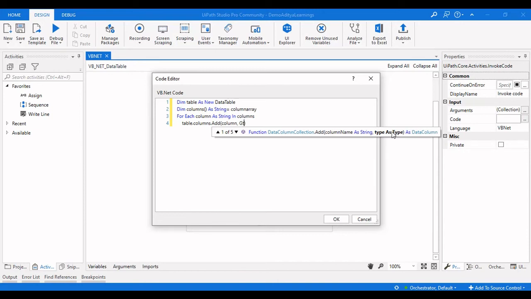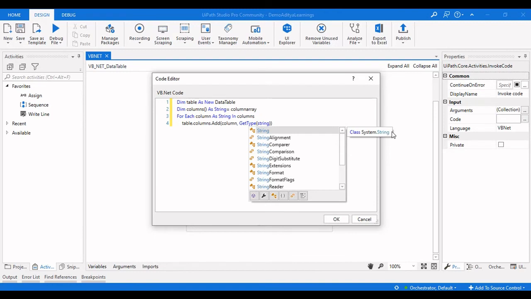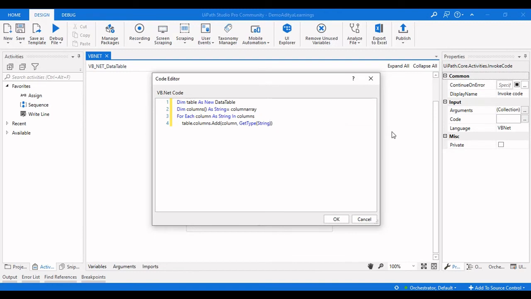And what is the type that you're going to get from this? It is only a system string, right? The string of arrays. So we will get this as a string, so get type is string. If it is an integer, then the get type is integer there. And we need to iterate it back and forth with the loop, so we will use next. After each column, it will loop back to the for each.